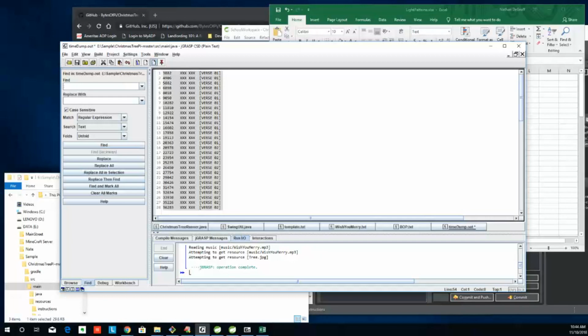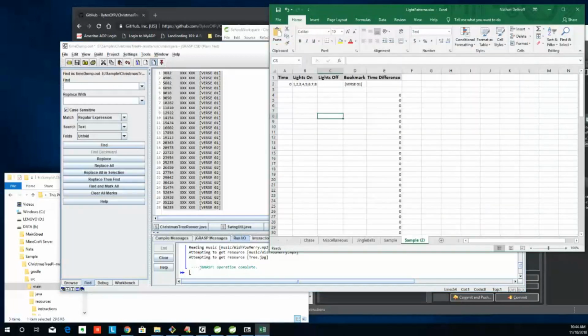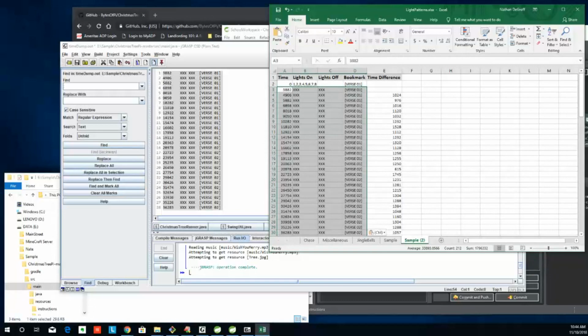So essentially I'll highlight all, hitting Control A, and copy that. Go over to my Excel spreadsheet and paste it in. Now I have an easy to modify spreadsheet of times. So you can see every time I clicked a new button, it had a little placeholder here, verse 1, verse 2. What I like to do is in my different